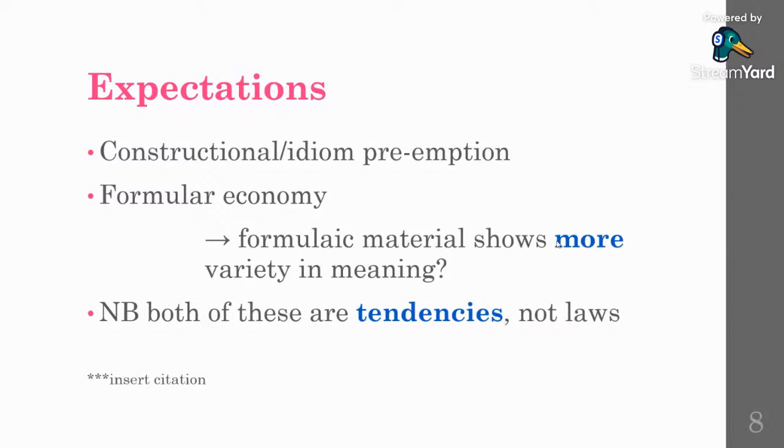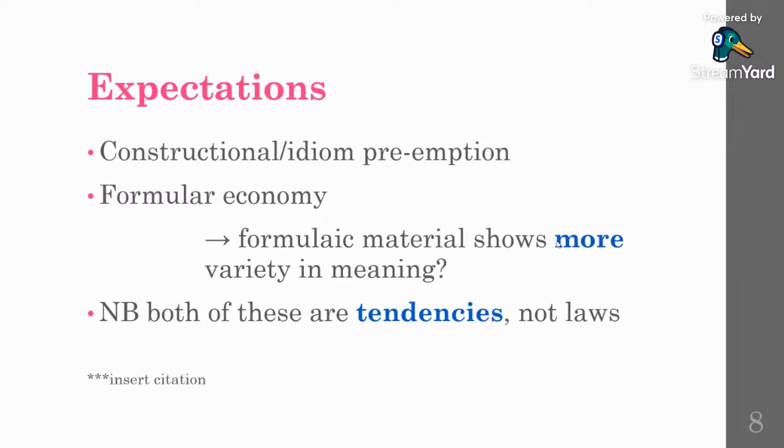Formulae also kind of do this. So when the Homeric, the archaic Greek epic poet, already has a formula that expresses something, they will tend not to create a new one that expresses the same thing and has more or less the same metrical shape. So what we would expect is that formulaic material will show more variety in meaning, by which I mean